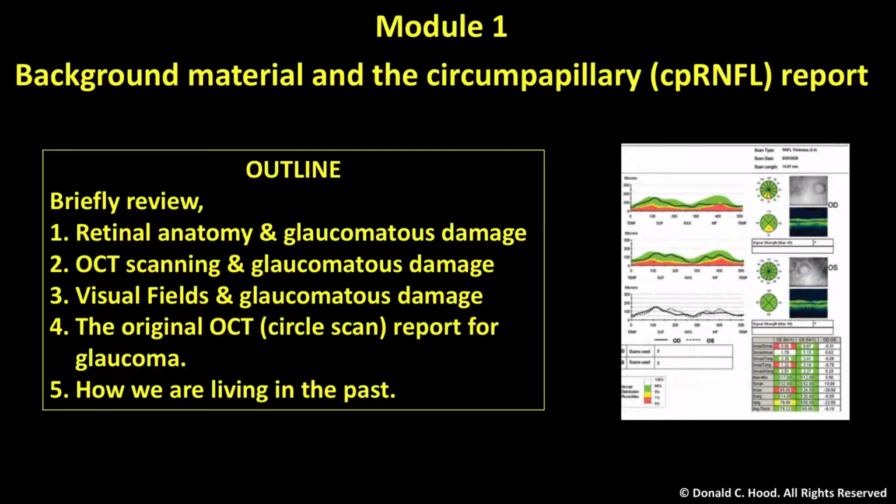So in this first module, I want to supply some background material about the OCT. Some of this information will be familiar to some of you. Maybe even a few of you will know nearly all of it. I encourage all of you, however, to listen to this introductory lecture. It's not very long, and it will supply a common set of concepts and definitions that we'll use in the